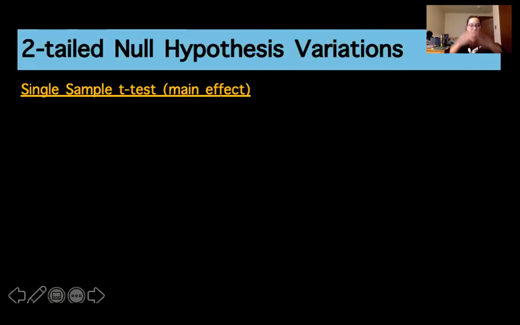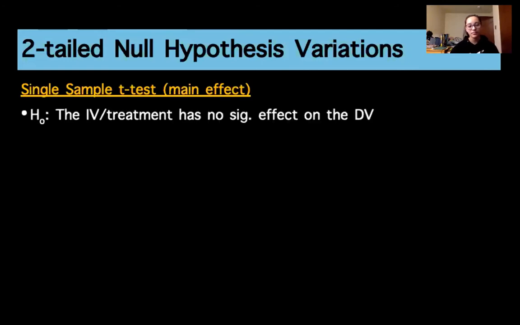So this is the main effect. Okay, this is the null hypothesis for a single sample t-test. Okay, and what we're interested in is, does the independent variable treatment have an effect on the dependent variable, right? So when we're looking at a single sample, we can say we drew them from the population. We know what the population mean would be, but let's expose them to something and then see if that